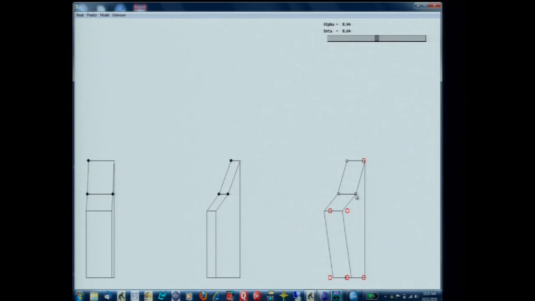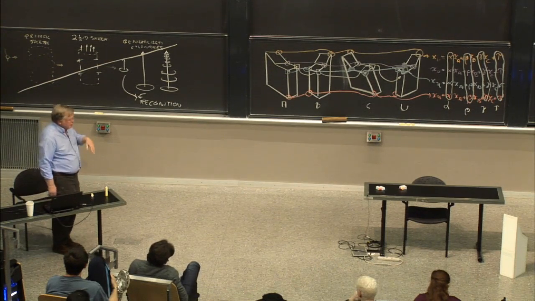So it seems to work in this particular example. I find the alpha and beta using 2 images, and I predict the locations of the other points, and I determine whether those positions are correct. If they are correct, then I have a pretty good idea that I have, in fact, identified the object on the right as either an obelisk or an organ, depending on which of the model choices and the